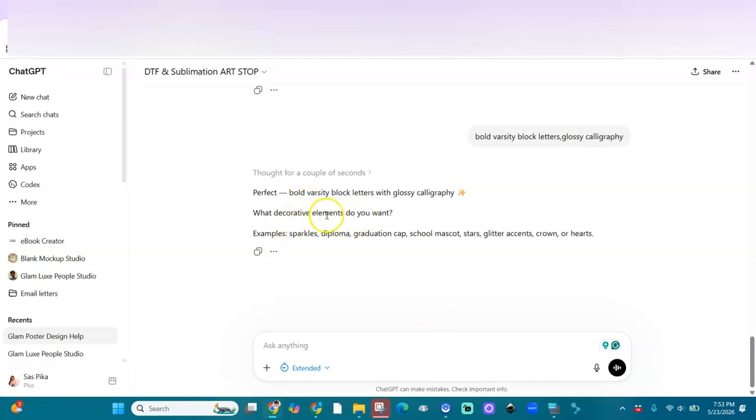You can see it here. Sparkles, diploma, graduation cap. We don't want graduation cap. School mascot. Okay, we want sparkles. You can copy sparkles, copy paste, or you can also, no, I don't want to copy everything. Paste. Let me remove it really quick. You're gonna copy this. You want diploma also, so these two. You're gonna paste them, comma, school mascot,